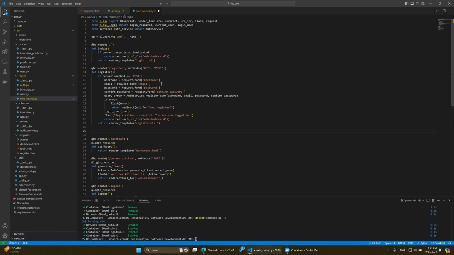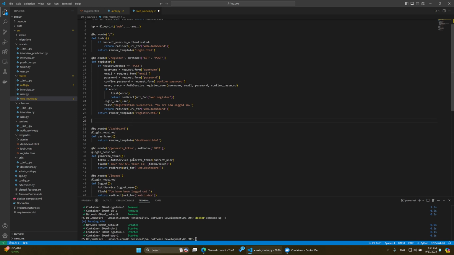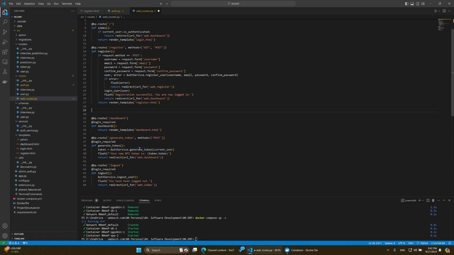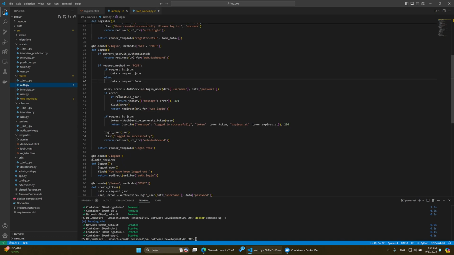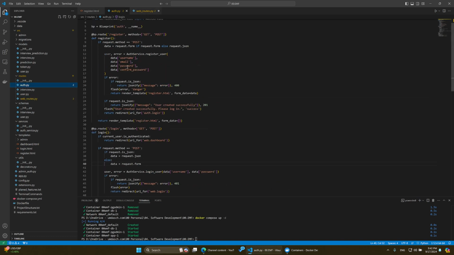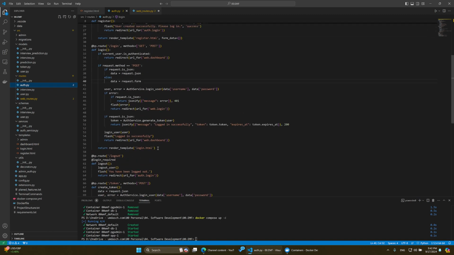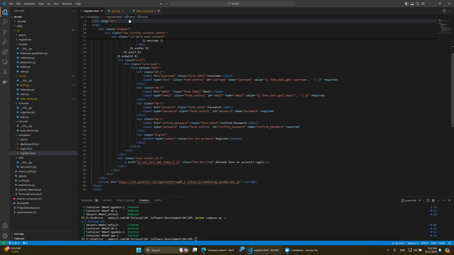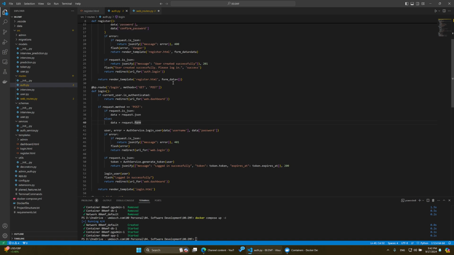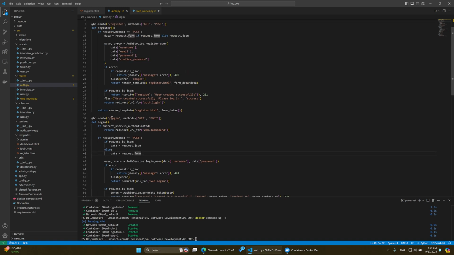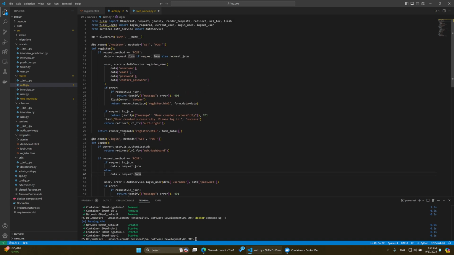So in the web routes, I have only these 5, which is the index, the register, the dashboard, the generate token, and logout. But I do not have login, so I found that the login is here. But then I also realized that there is also register here, there's logout. So it turned out that when I'm on /login, at least this is what I've observed, somehow it always catches this /login from auth and